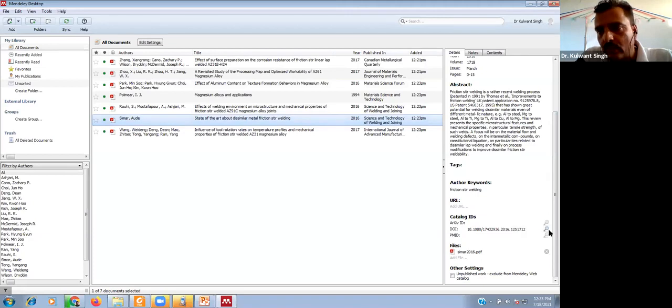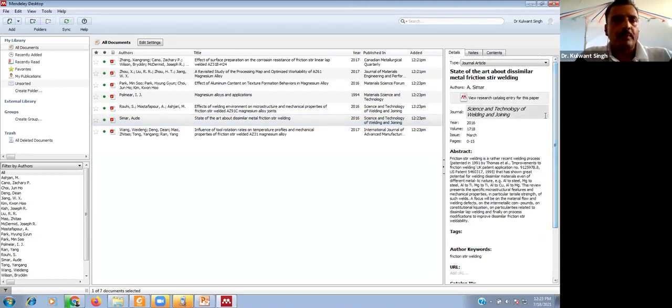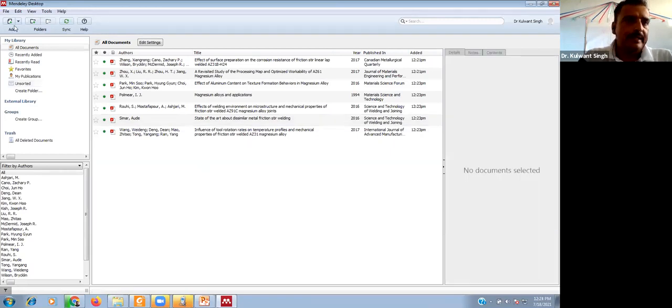So now all the papers, references or articles are ready for use. Then there is the third option, the watch folder option. Suppose you are searching for documents for your article online and downloading them.